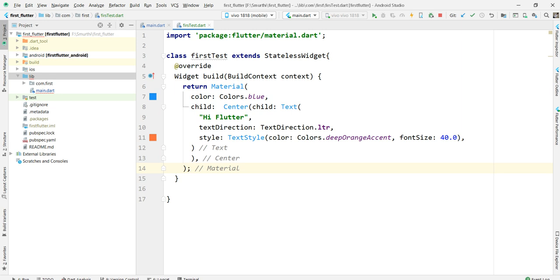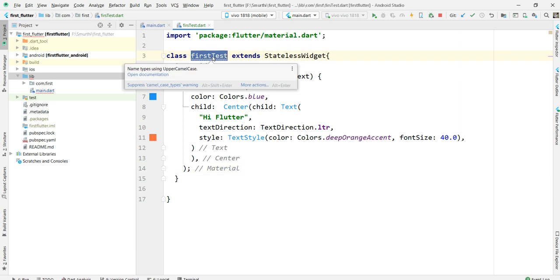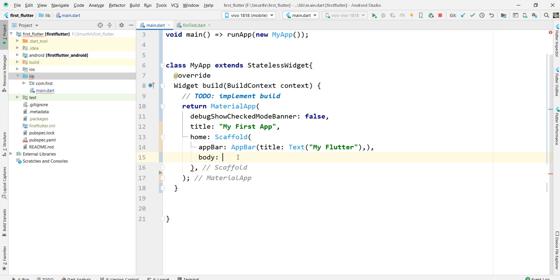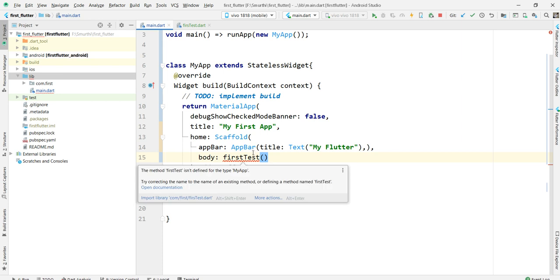Then when this is done, here we need to call this. So this first test, just copy this, and here you can give the return type as that. Once you give this return type, it is showing an error. What is that error?